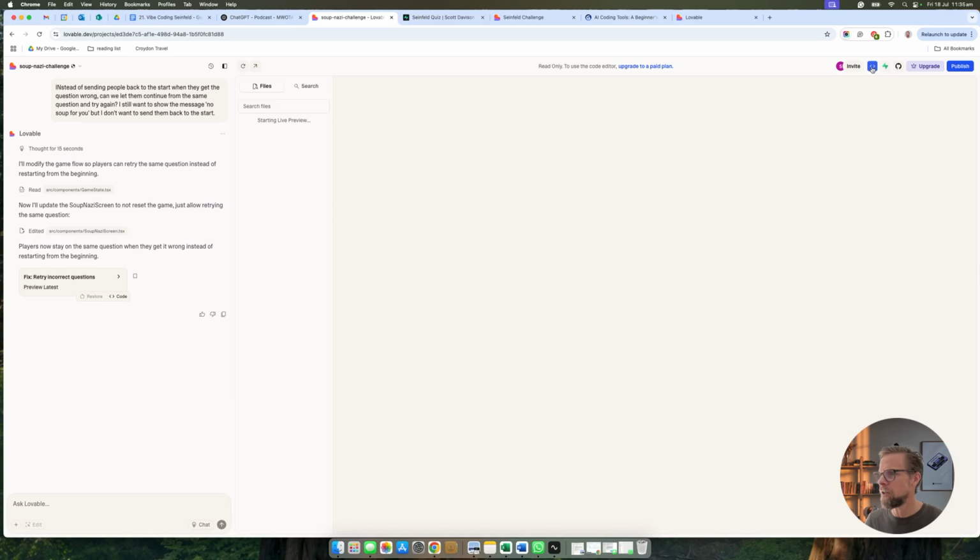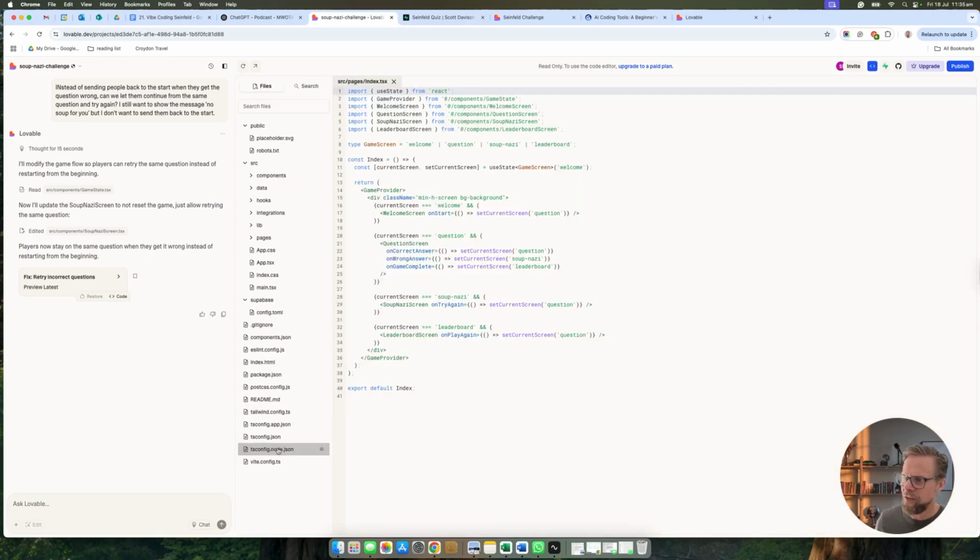So as I mentioned, the code is in here. All the files are built within here. You can go in and see all those. And that's what a software developer would normally be doing. And then they would have to go and host that somewhere and set all that up. This does all that for you. So it does the hosting. You just hit publish and you get a link that it's then live.